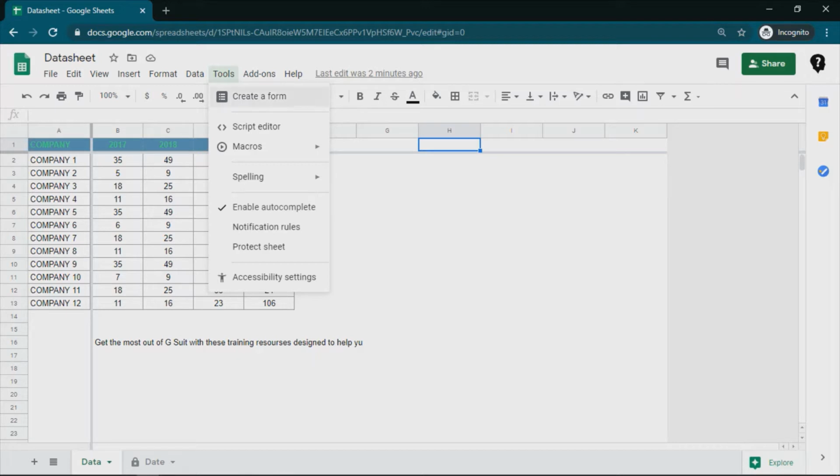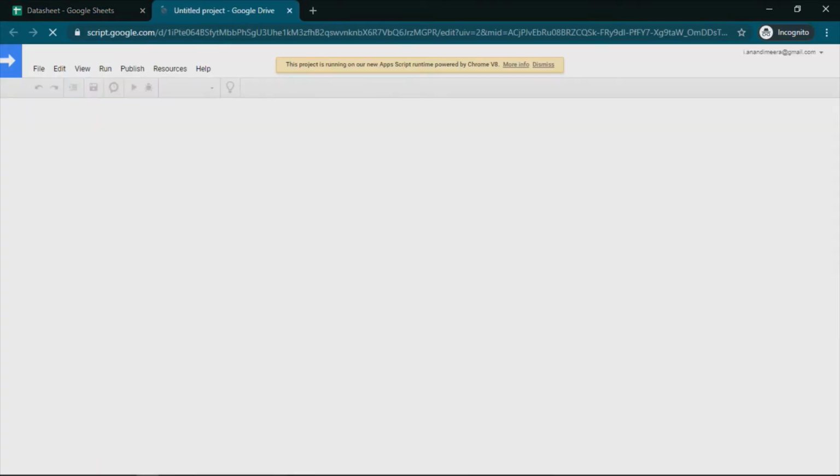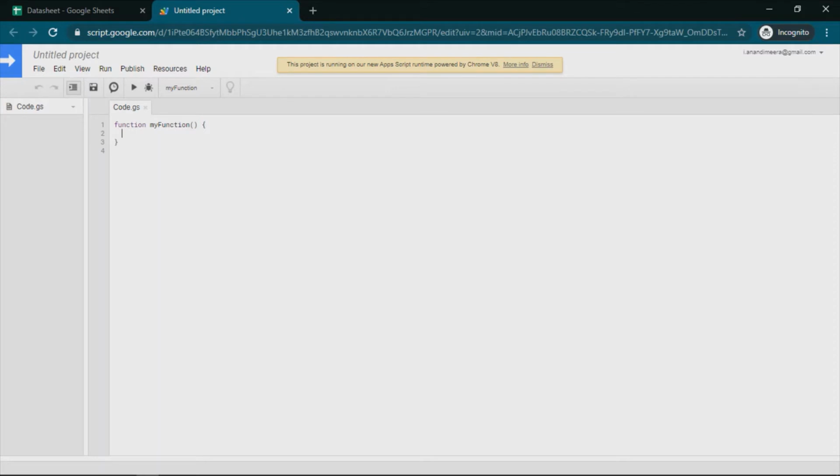Next is script editor. This is nothing but your Google scripts, or you can say macro when we compare this with Microsoft Excel. So if you click on it, it will open another window, and this is essentially your macro coding through which you can automate your Google spreadsheet. Now you can rename this project, and you can write your own code. You can debug, run, etc. We are not covering this currently, but this is how you can open it and create your code, and this will connect automatically with your currently open sheet.